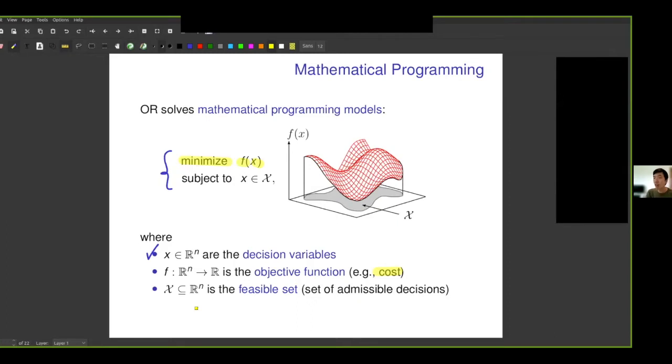And some of the constraints that will determine the feasible set is that the amount that you have to produce has to be a non-negative number. So that's one of the naive requirements that you can think of. Now, just to give you a more realistic example,